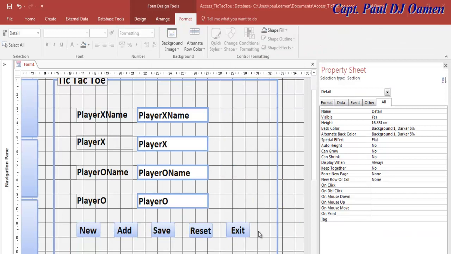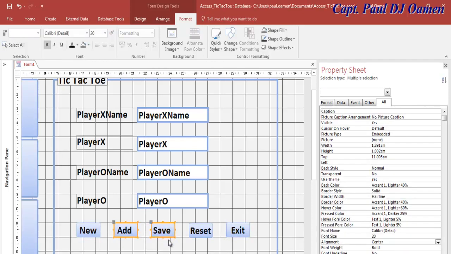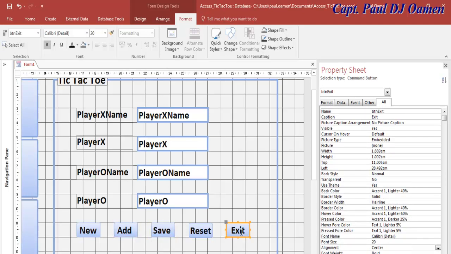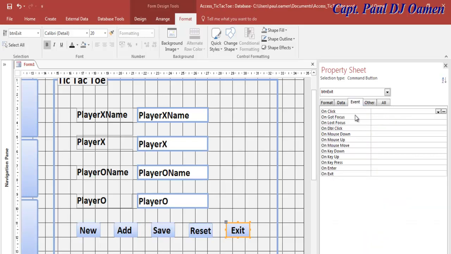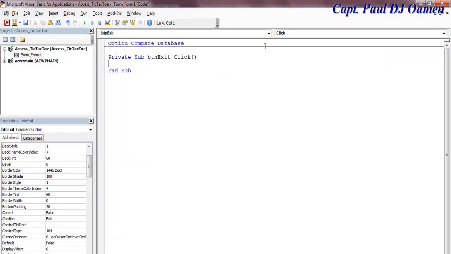Alright guys, those are the buttons, and that's how I want them to look like. Okay, you see these two buttons, add and save, those are macro base. Why this very one is not a macro base? So I'm going to select that first. Now let's go to events. Now let's click on this very arrow there. You can see is click event. Drop that down, select event procedure, click on this rectangle there, and right in there I'm going to enter the